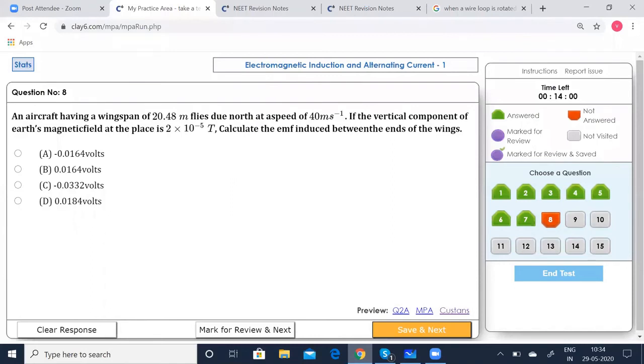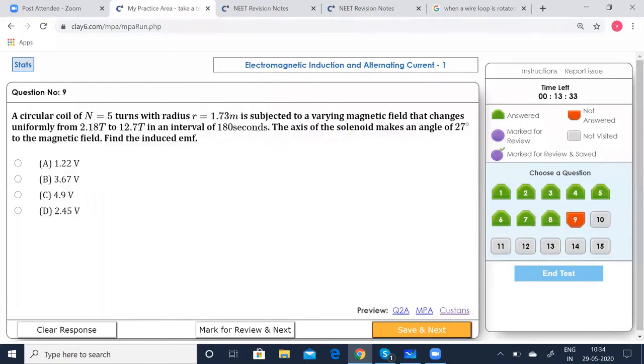Now look, children, A and B have the same values, only the sign changes. Remember, if you go wrong in the symbols, you will have to correct it and choose the correct option. We have got the negative sign, so option A will be correct. Even though A and B have the same values, you have to choose the correct symbol. Since we've got a negative symbol, you have to choose A. So save that, go to the next.